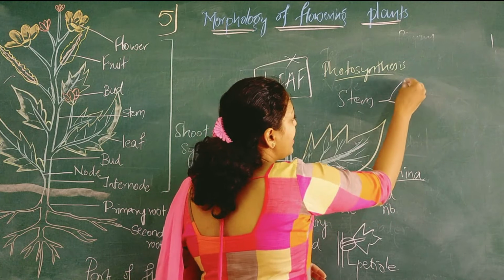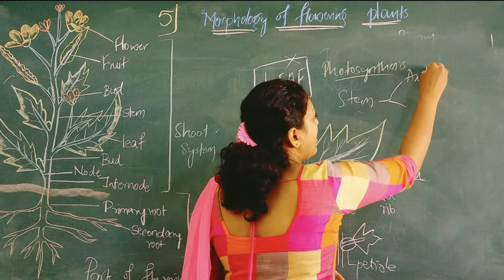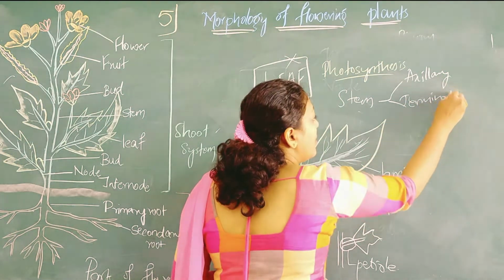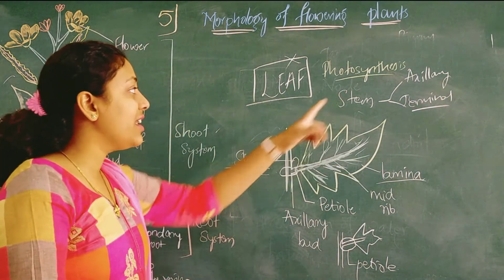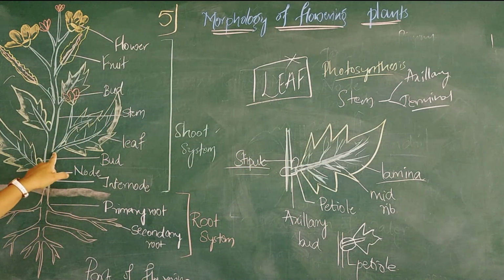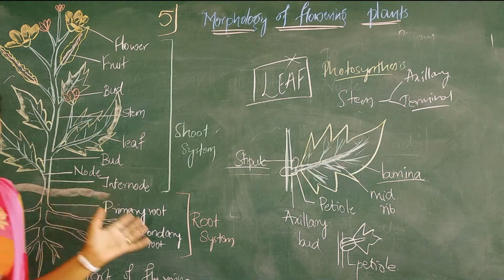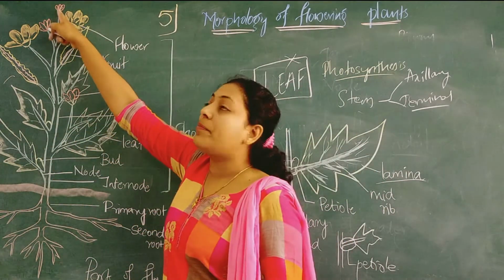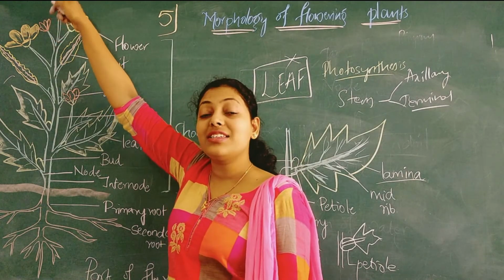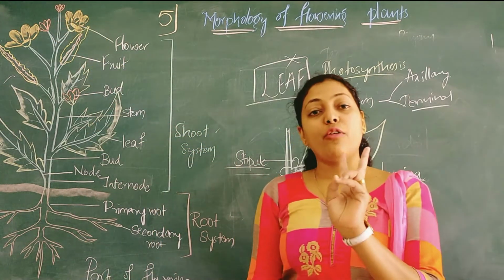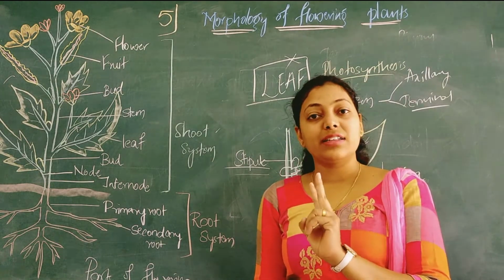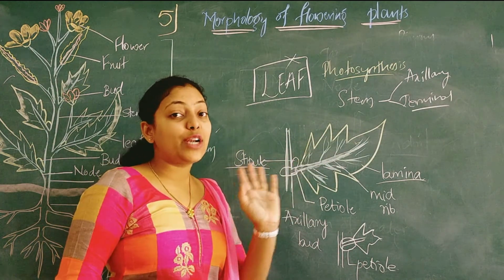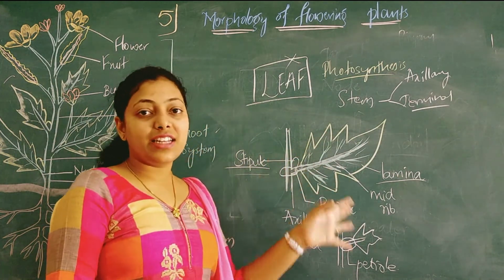The buds in Batavla, those are axillary and terminal. Okay, axillary bud, here you can observe this is the axillary position, the sideways position. That is the axillary bud. If it is a terminal bud, we can see it over here, that is called the terminal bud. So there are two kinds of bud: one is the axillary bud and the other is the terminal bud. Here this is the axillary position, sideways in position, that's why we say axillary bud.